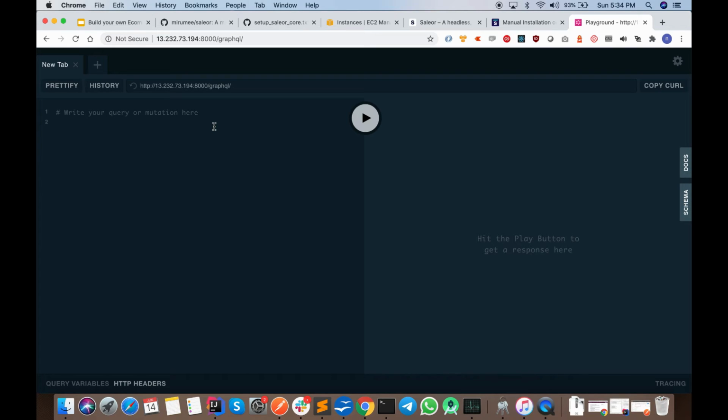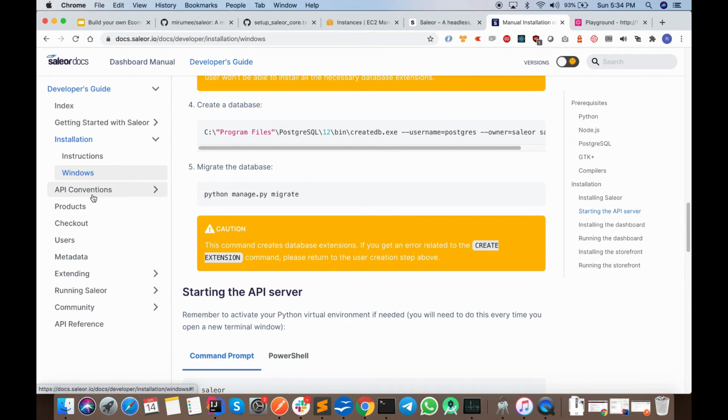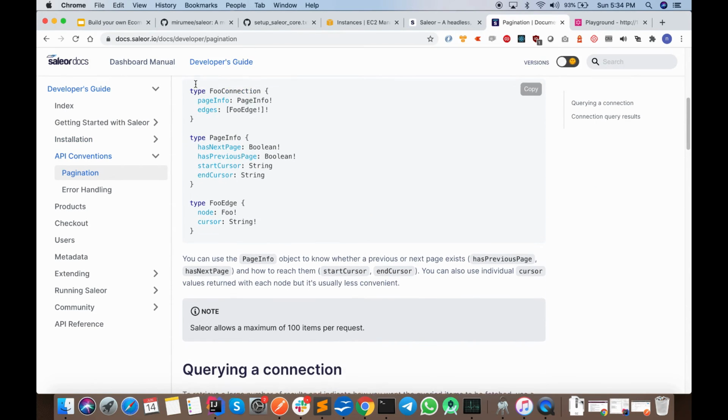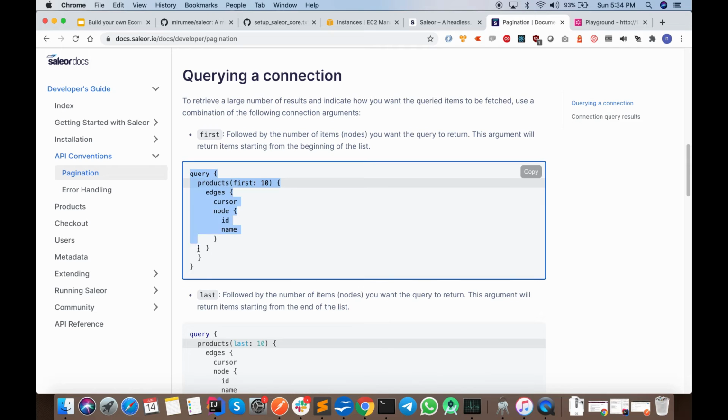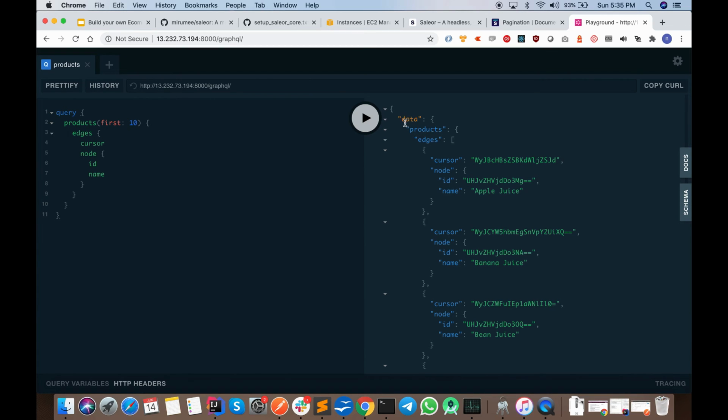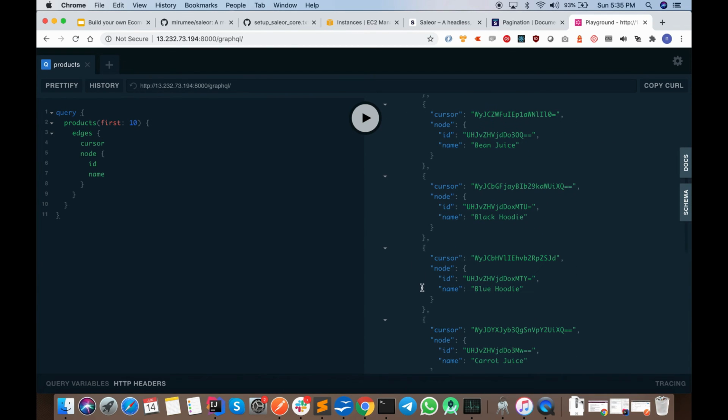If I turn off debug or set debug as false, then this page will not come. Let's try a small query and see if we get the data for the product. And yes, I am getting a product. So we have successfully installed our Saleor core.